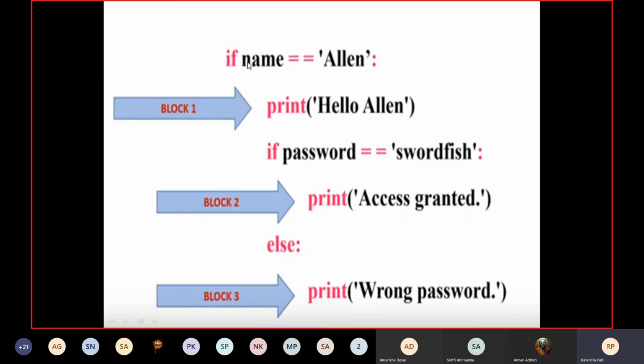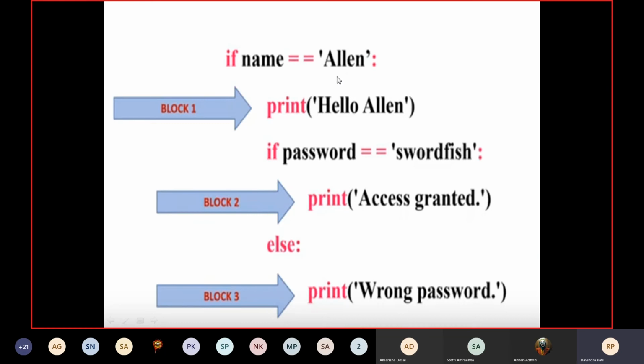For a moment, assume that we have provided the value of name as Alan. In that case, Alan double equal to Alan, yes, this condition evaluates to true. You are going to get a message, hello Alan. After that, once again, assume we have entered some password. The content of password should be equal to the stored password. If it is, you get the message access granted. If this condition evaluates to false, you are going to get the message wrong password. These are the sequences which are going to happen when we execute this program.